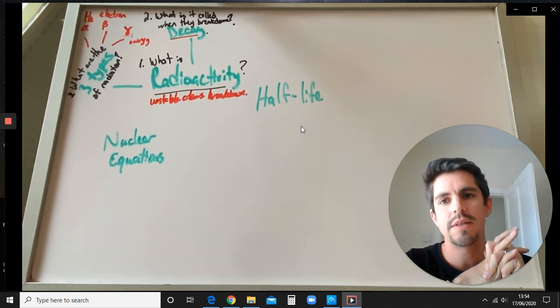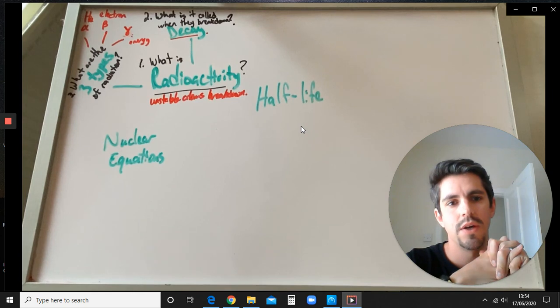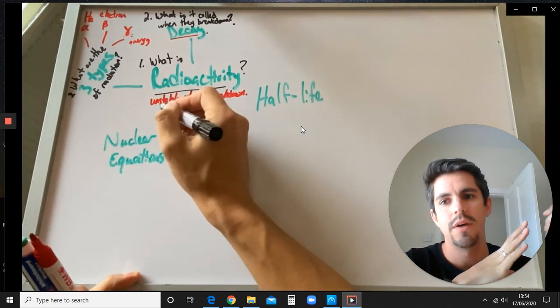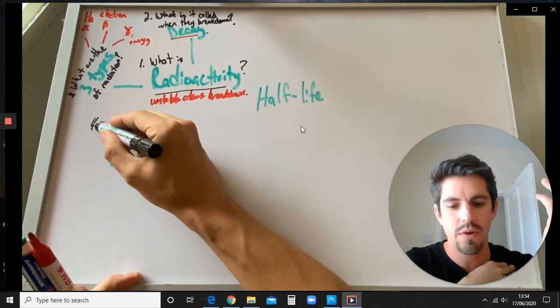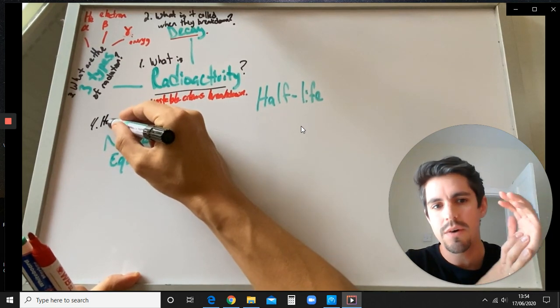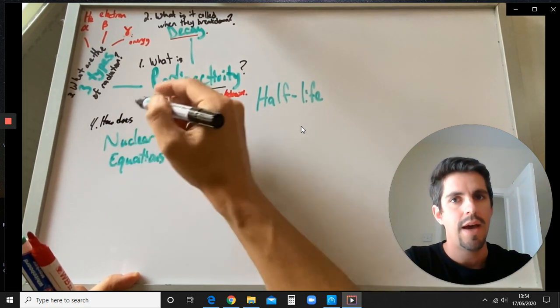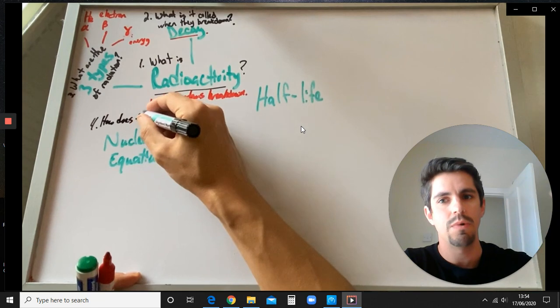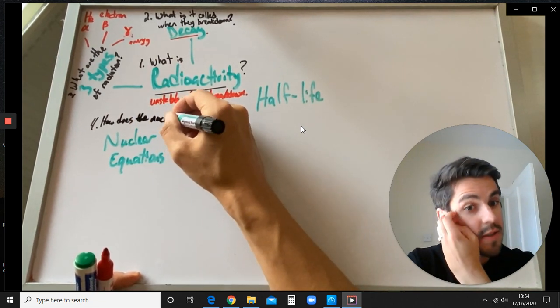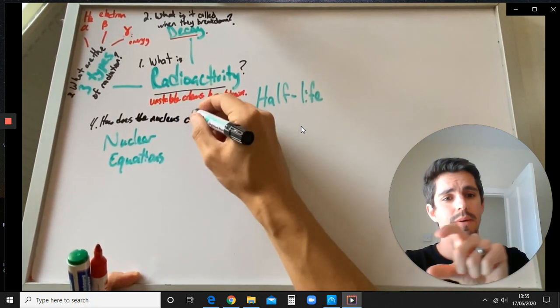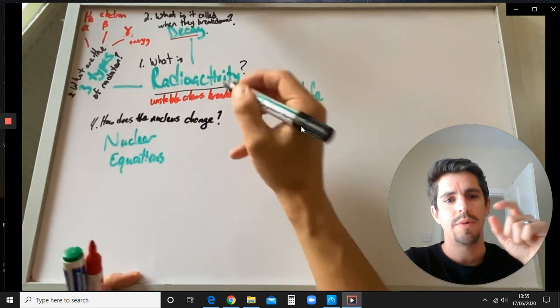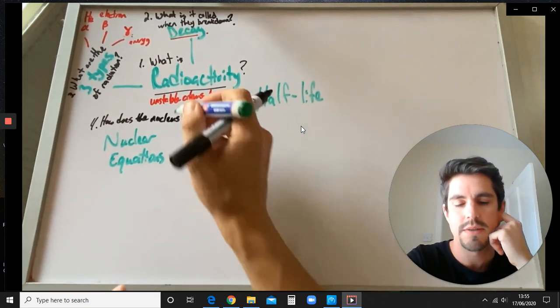Okay? Now this leads us on to our next question, question 4 being about nuclear equations. So the question here is, when something goes through radioactive decay, how does it change? Or in other words, what is it left with? And as I said, I left a lot more room at the bottom of the page there for myself to write because there's a lot to go on here.